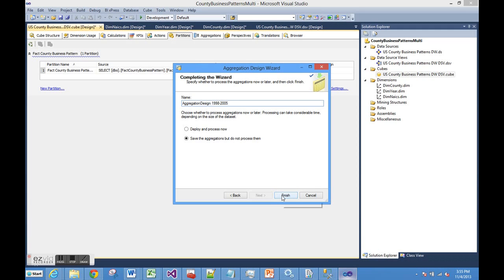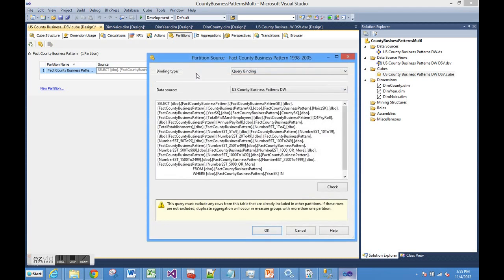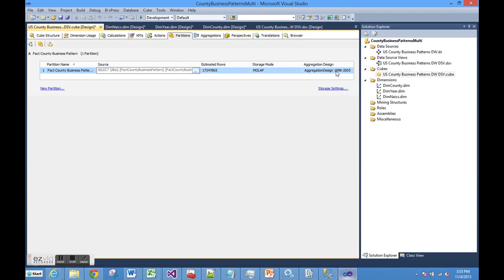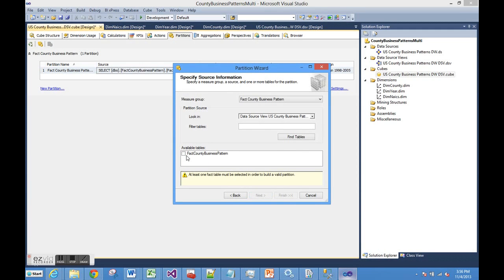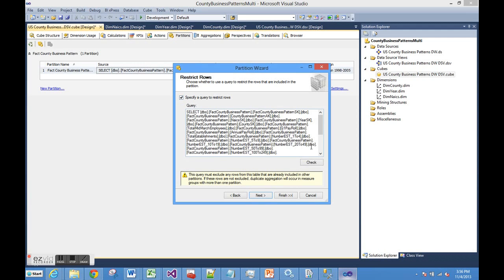We selected that option. Once we created the second partition also, then we will process both at the same time. So we can click finish here, and we can see what the sequel is here again, and this is from 1998 to 2005. Very good. And the naming of the aggregation design is 1998 to 2005. That's good. And let's create the second partition, and we have to follow the same steps again, and we need